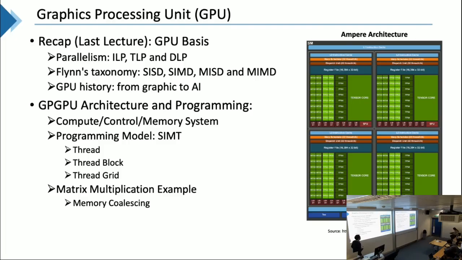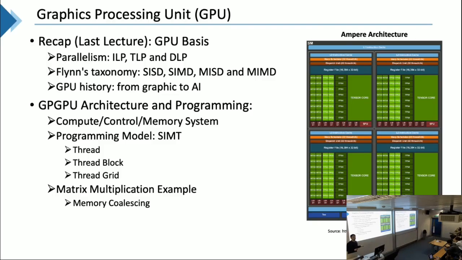And we'll also have different memory in this GPU memory hierarchy. Remember, it follows a triangle memory hierarchy shape. Which means you have a large amount of register files, and then you have the L1 cache as a shared memory, and also L2 cache. And at the bottom, you have a global memory, which has a large memory capacity, but the access